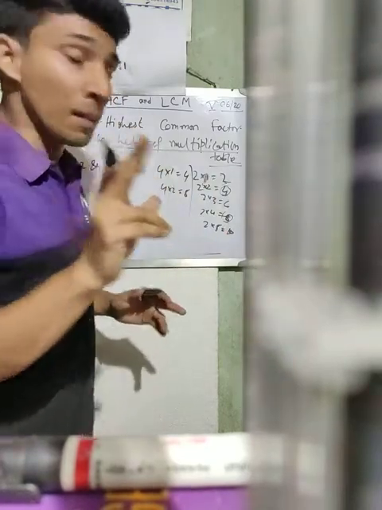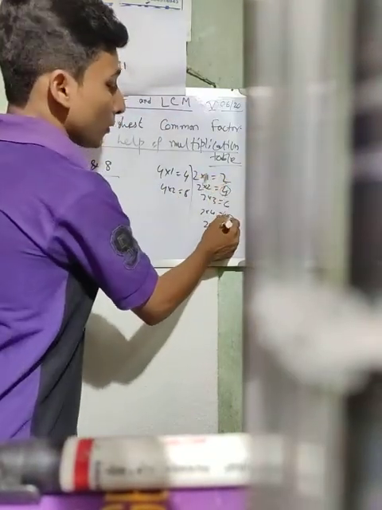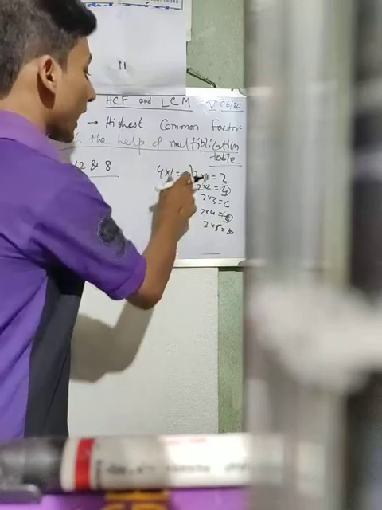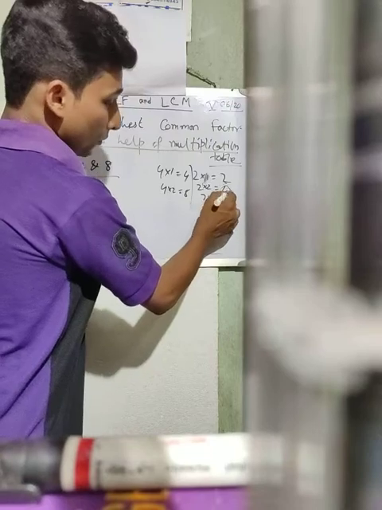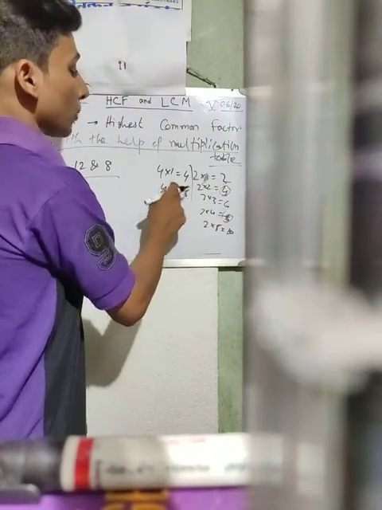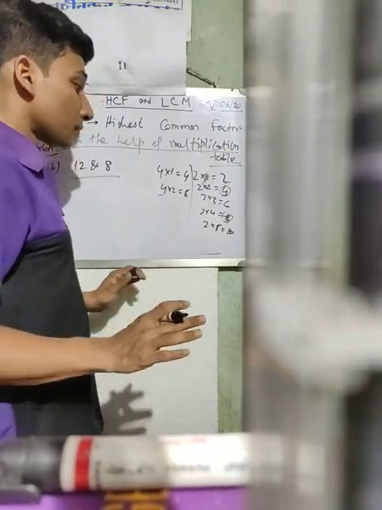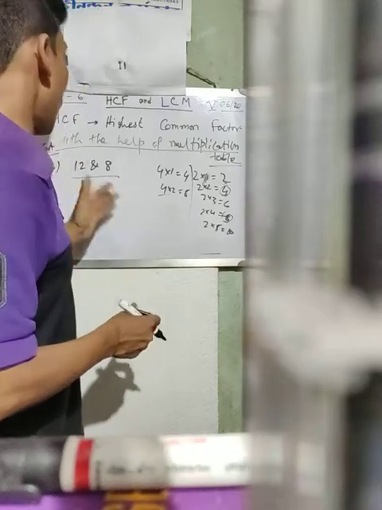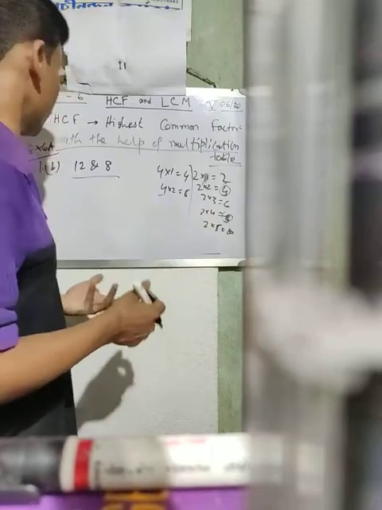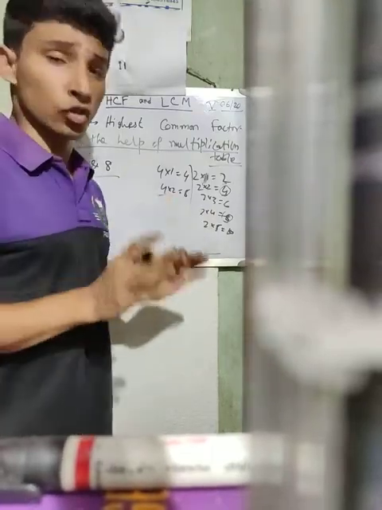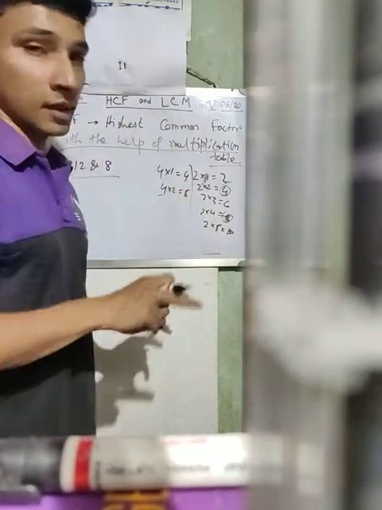One thing you remember, both the numbers must belong to that multiplication table. That means 4 and 8 belong to the multiplication table of 2. Similarly, 4 and 8 belong to the multiplication table of 4. It should not be that 4 belongs to the multiplication table of 2, but 8 belongs only to the multiplication table of 4. So we cannot do the sum. So we have to find which multiplication table they belong to, sorry, both must belong to that table.